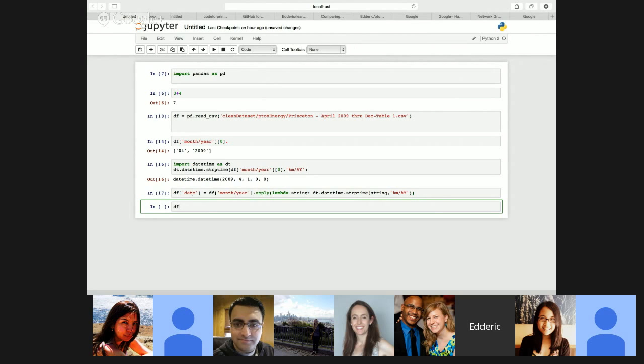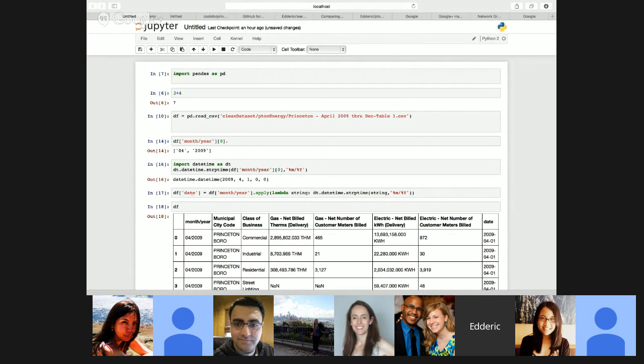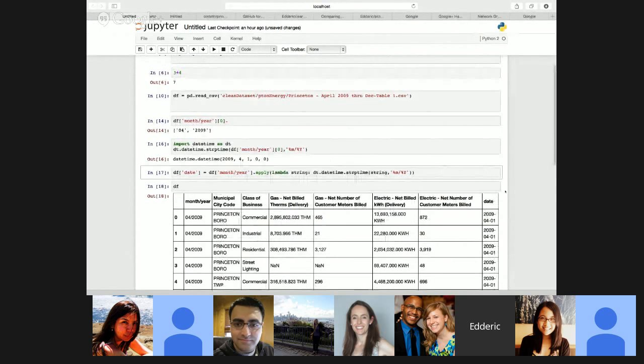And now something's happened to df. It didn't complain. Okay. And now let's see what do we have here. You see this last column, date, has the dates. So instead of doing it manually, we just figure out how to tell a computer to do this, but we need the data frame to have the right